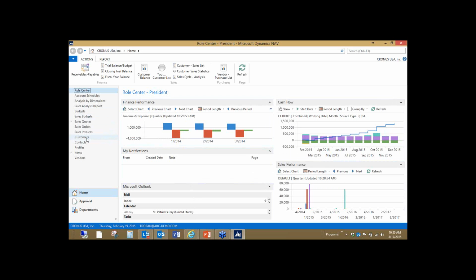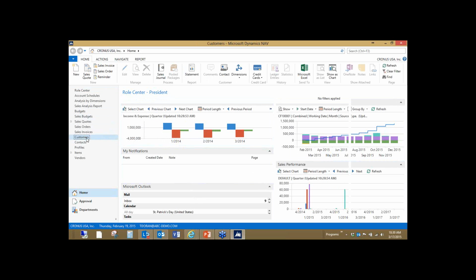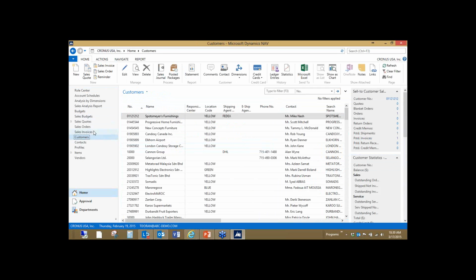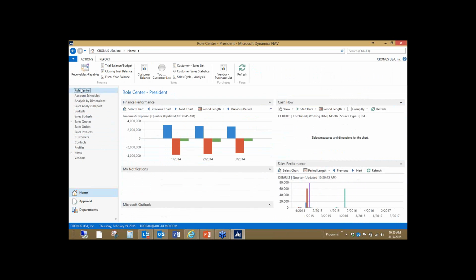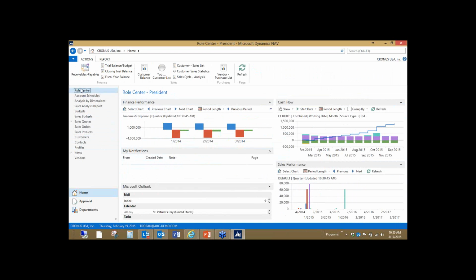You can click into, let's say you want to look at a customer list that showed up in the pane here on the left, so one click and you've got access to all your customers. So this is what the NAV 2015 full NAV client looks like. I will go back to the Role Center here, and then let's see. I think the next thing that I'd like to show is the